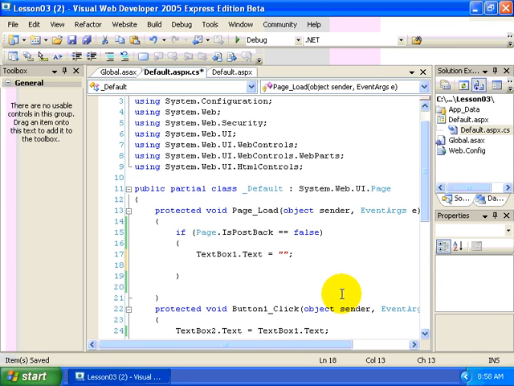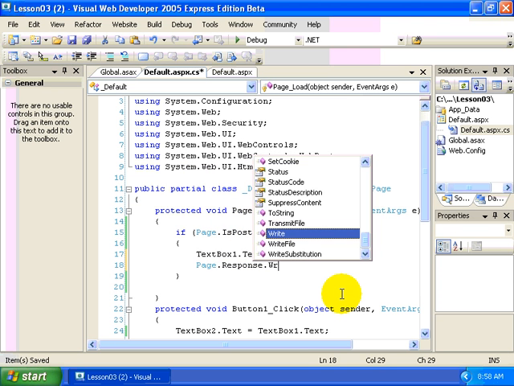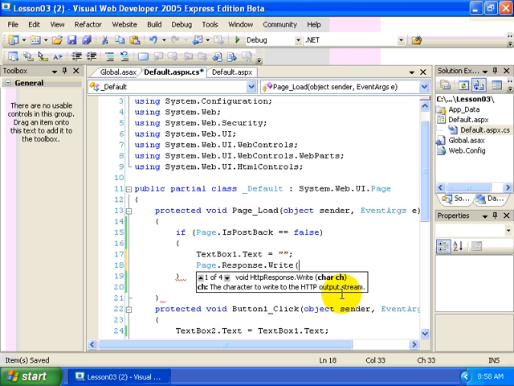For a quick, easy way of writing a value to a web page, we can get access to that particular page's response stream by accessing Page.Response.Write. Whatever we put in here will be written out to the response stream. We could write in HTML, we could just write values. Whatever we put in here will actually get written to the top of the body of our web page. So Response.Write, and we'll pass in user count,